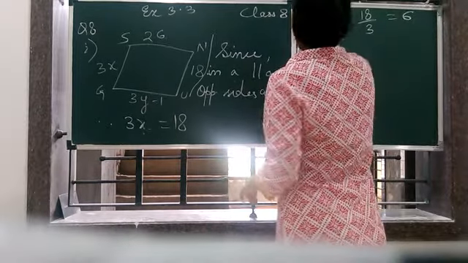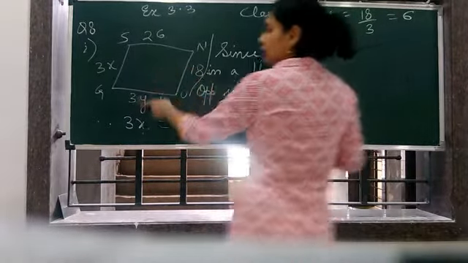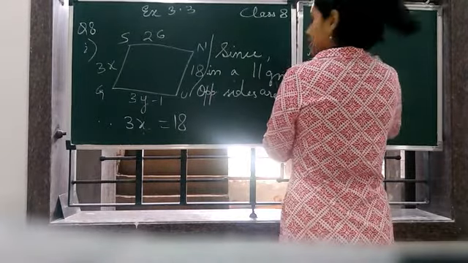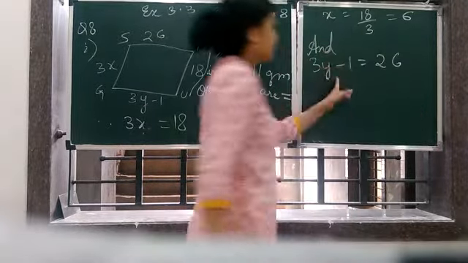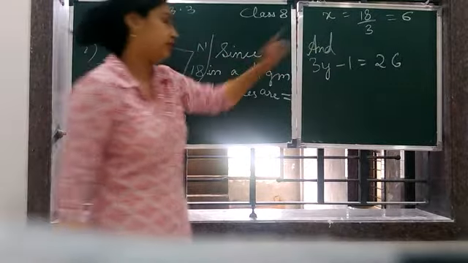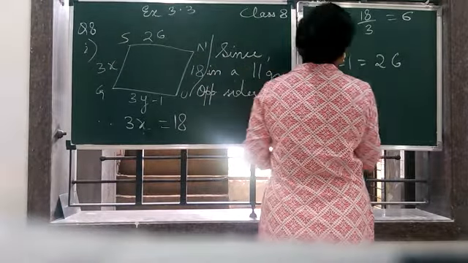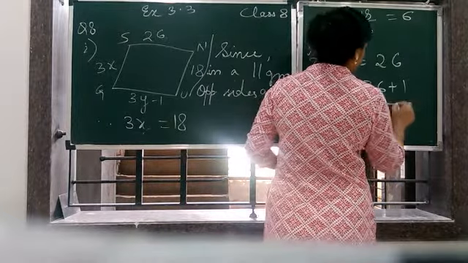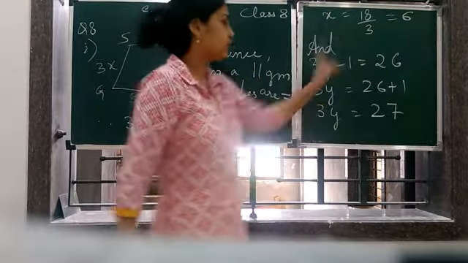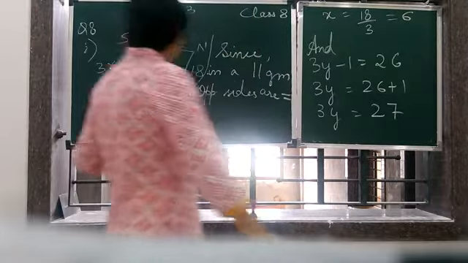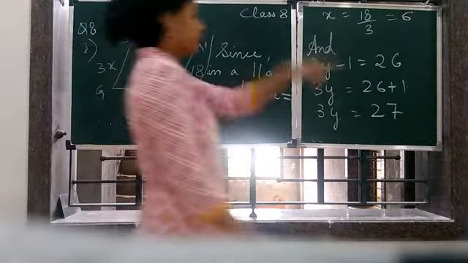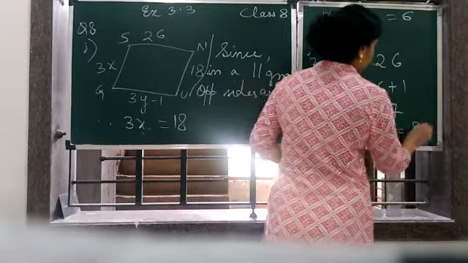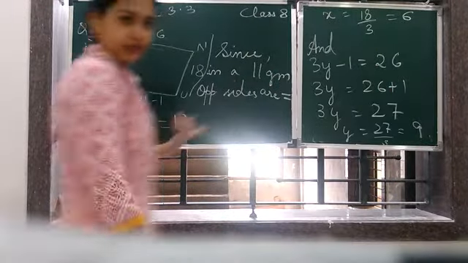And these two sides are also equal, that is 3y minus 1 is equal to 26. Minus 1 transposes to the right hand side, it becomes plus 1. So 3y is equal to 26 plus 1. 3y is equal to 27. Now this 3 will be transposed just like what we have done here. It will also go for division. So y is equal to 27 upon 3, which is equal to 9. This is the first part.